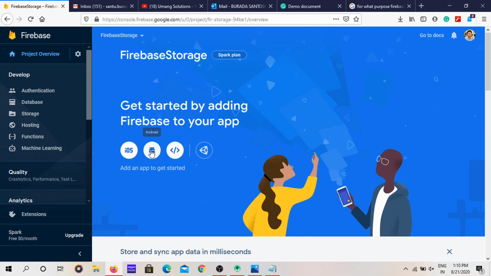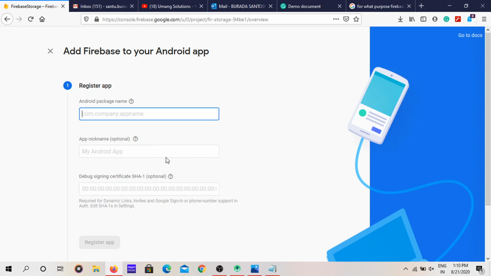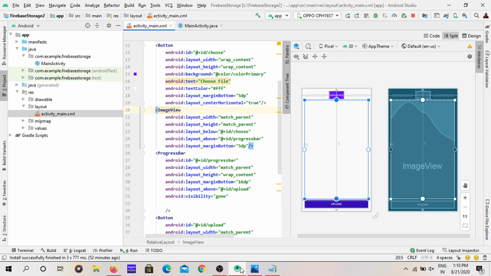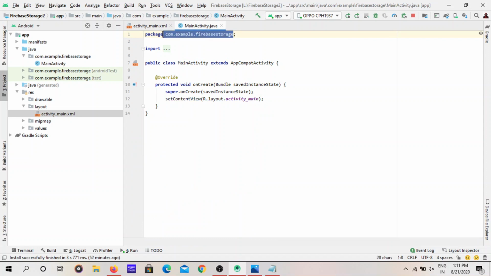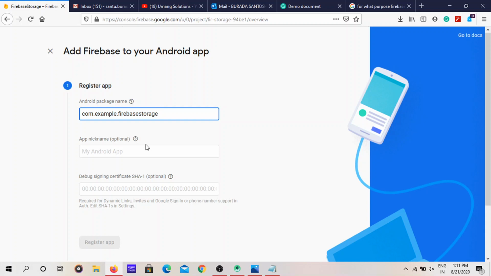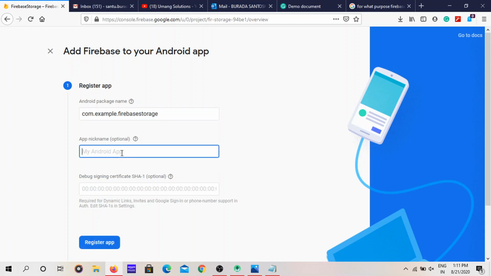So now we have to click this Android button, Android image. Now I am giving the package name. Nickname, give some nickname.